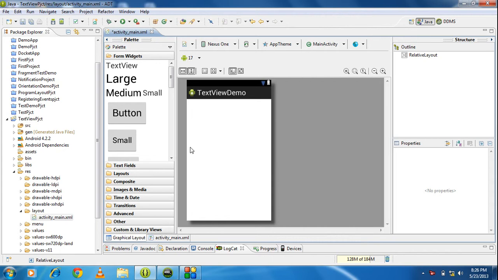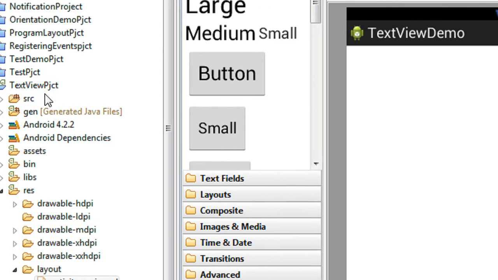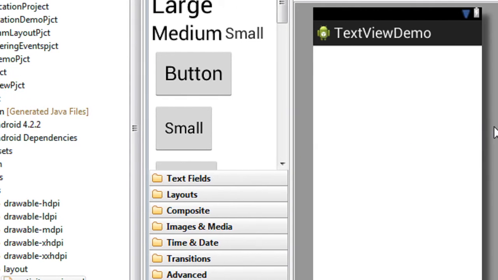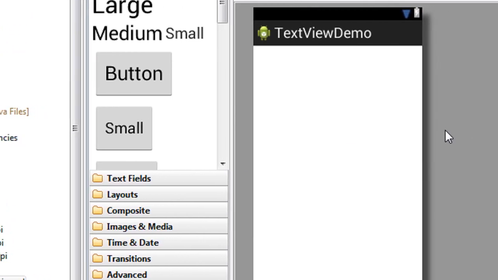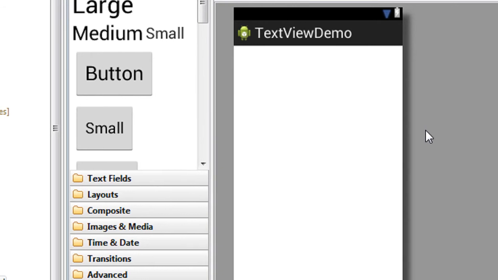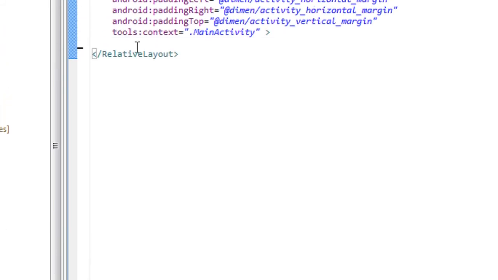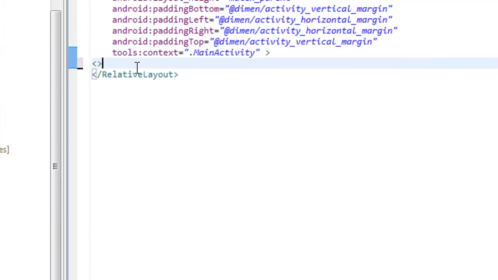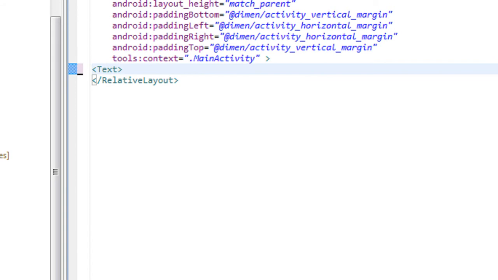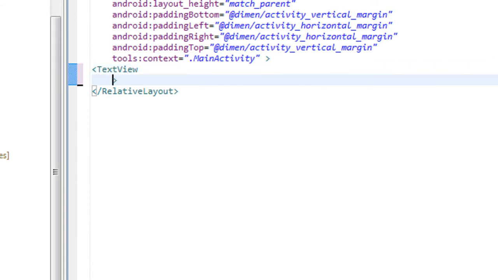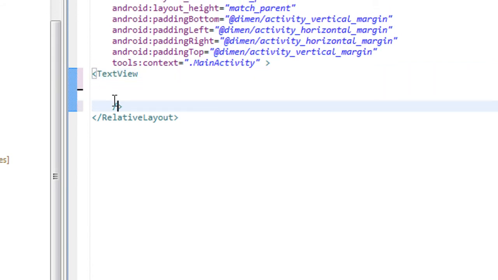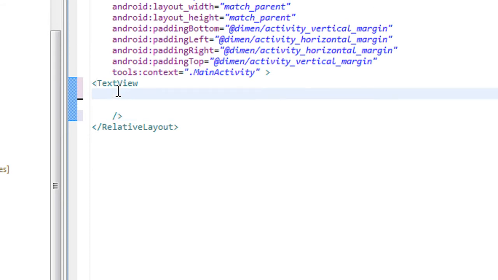I just created a new project here called the text view project. Here is the main activity layout of that project. There is nothing in this layout, so I am going to add a text view here. First you have to set the layout of that text view.